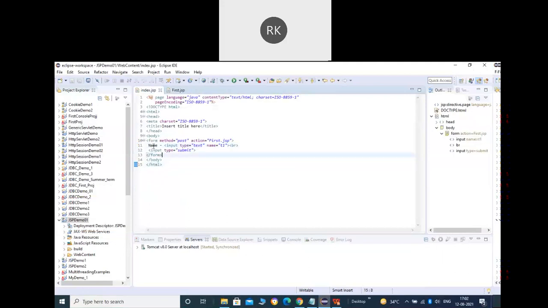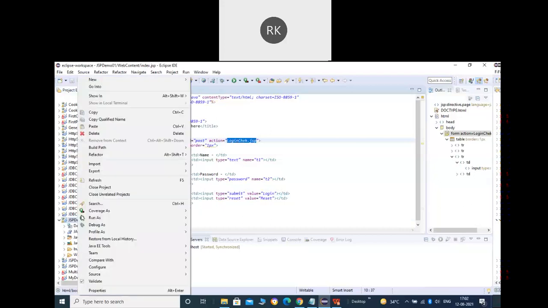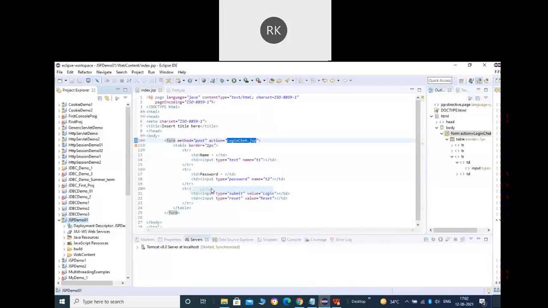Here's the example, it's going to be the same example, I think. Let me modify the existing example in the index.jsp. In the body, we have a form asking for the name and the password.